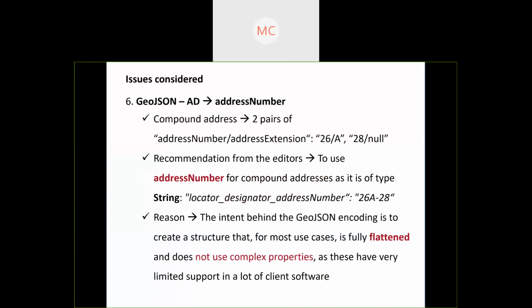And finally, the last issue to be shared with you is about the same problem with the compound address, but for GeoJSON format. In this case, the model mapping editors suggested we use the address number for compound addresses as it's of type string. And that was a very easy solution for us